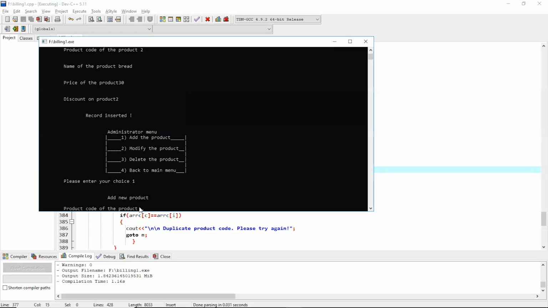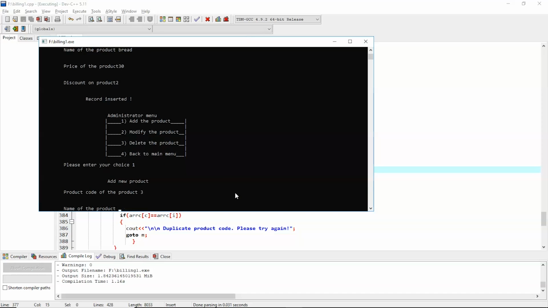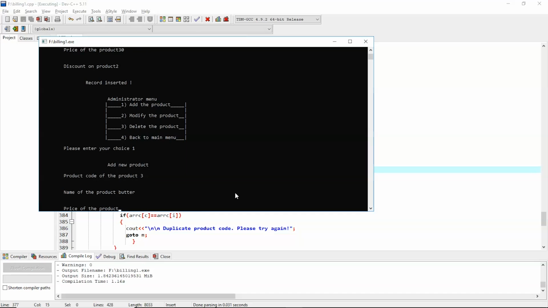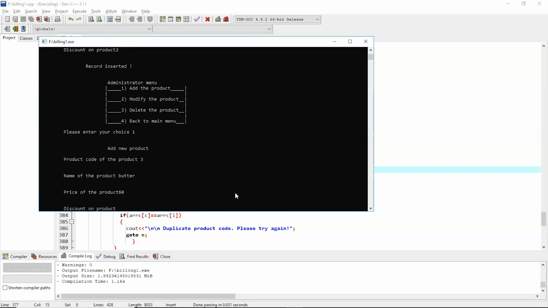Now again, the product would be, let's say, butter, 3, butter,